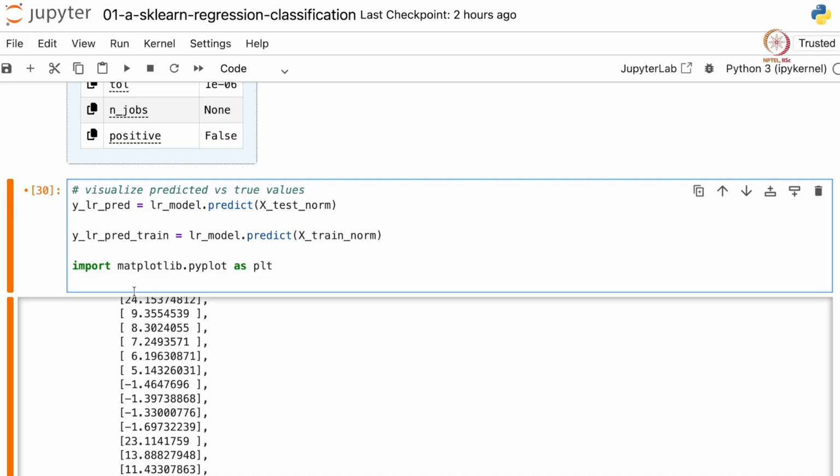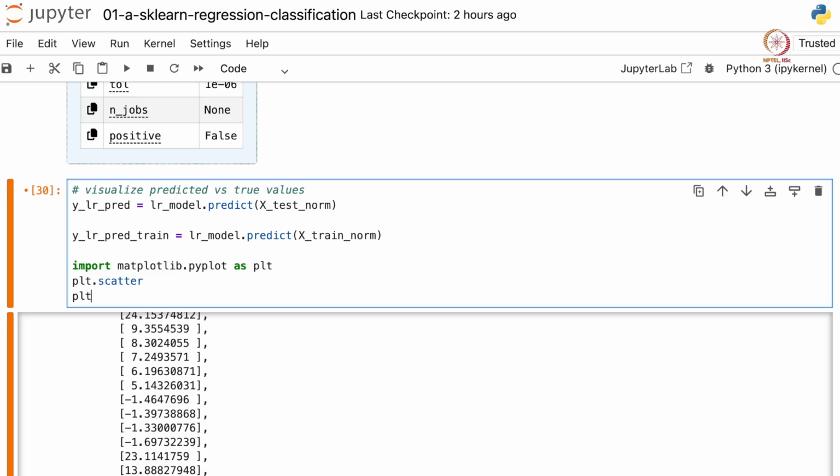Once you have imported this function, you just have to type plt dot scatter. So scatter basically creates a scatter plot, and plt dot plot creates a line plot. After plt dot scatter, we have to provide the x values and the y values. So let's say our x values are Y train on the x-axis and Y linear regression predict train on the y-axis.